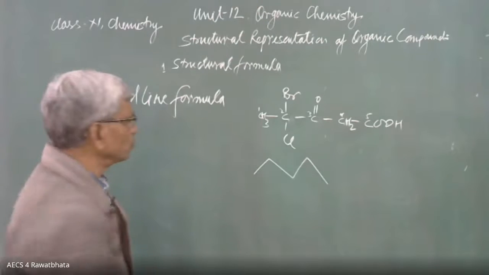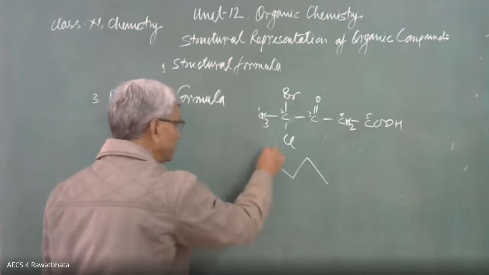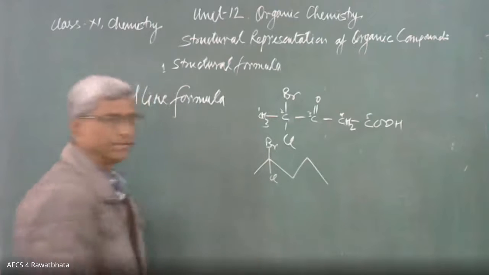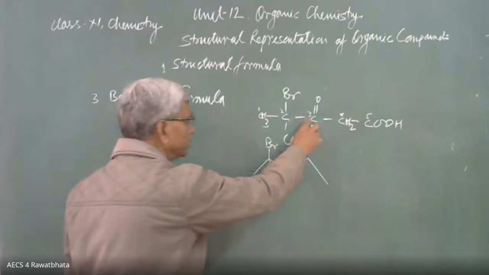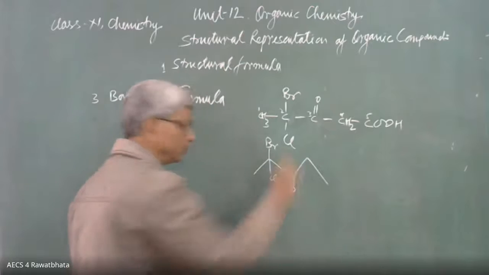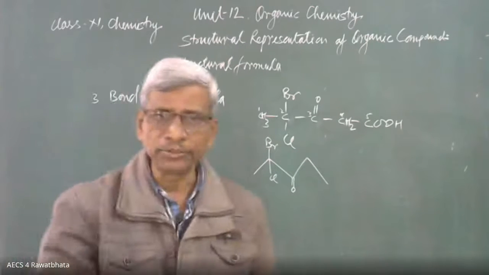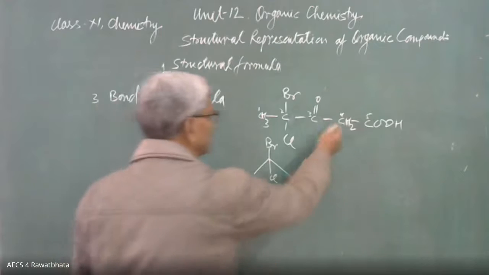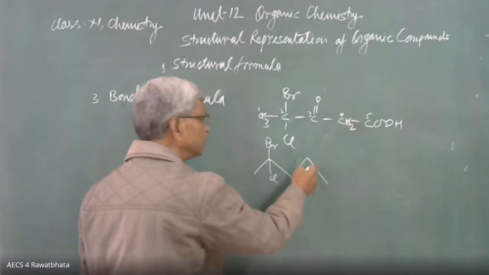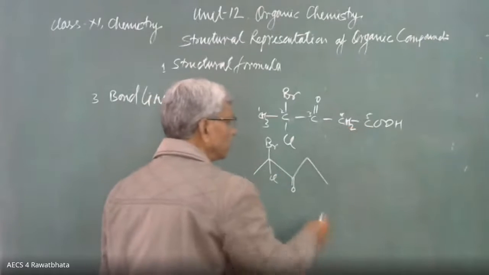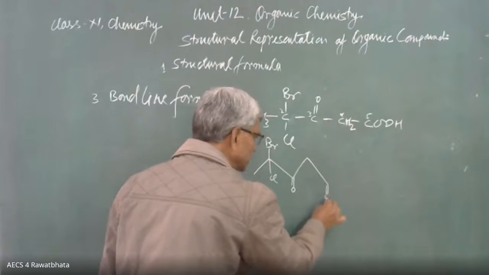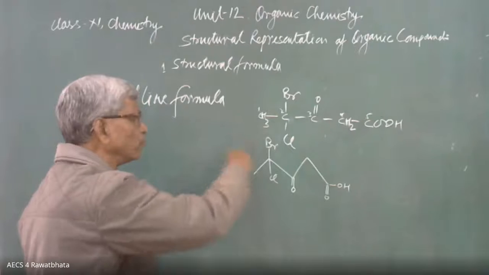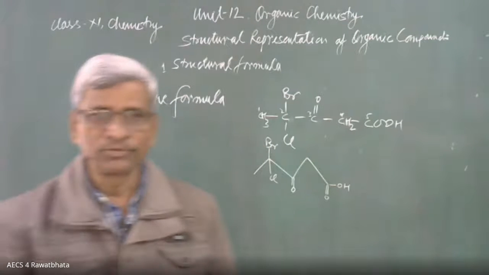Okay, beta? So the second carbon atom having Br, we have to write Br here, and Cl is also at the same carbon atom, Cl. The third carbon atom has oxygen, double bond O. Other than carbon and hydrogen, elements we have to represent in the bond line formula. The fourth carbon has only hydrogen, no need to mention hydrogen, and the fifth carbon has oxygen along with O. Oxygen is like this and OH is in this way. This is the bond line formula of this compound. Okay, beta, is it clear?